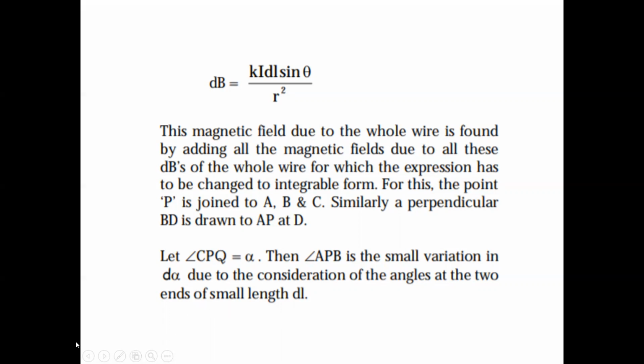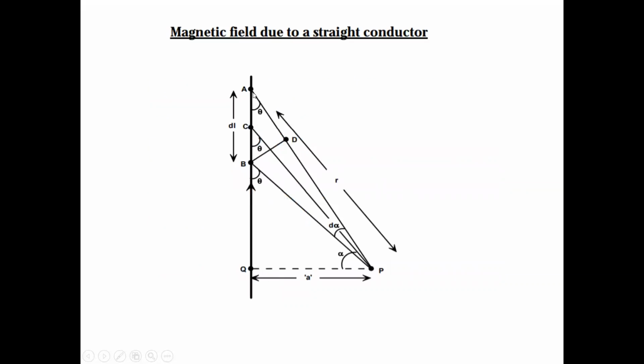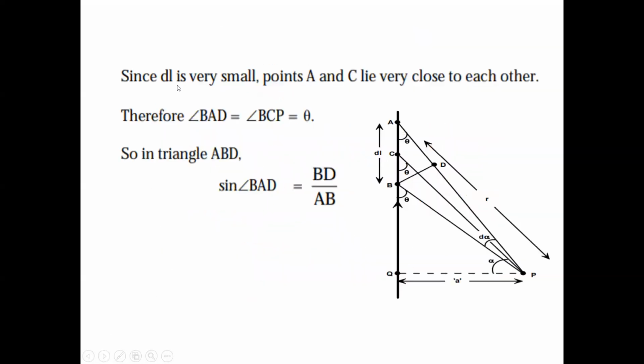which are making with the smallest length dl. So here it is the smallest length. So d alpha is the angle made with this length. So it is clearly from the figure. Now, if dl is very small, then points A and C lie very close to each other. Therefore,